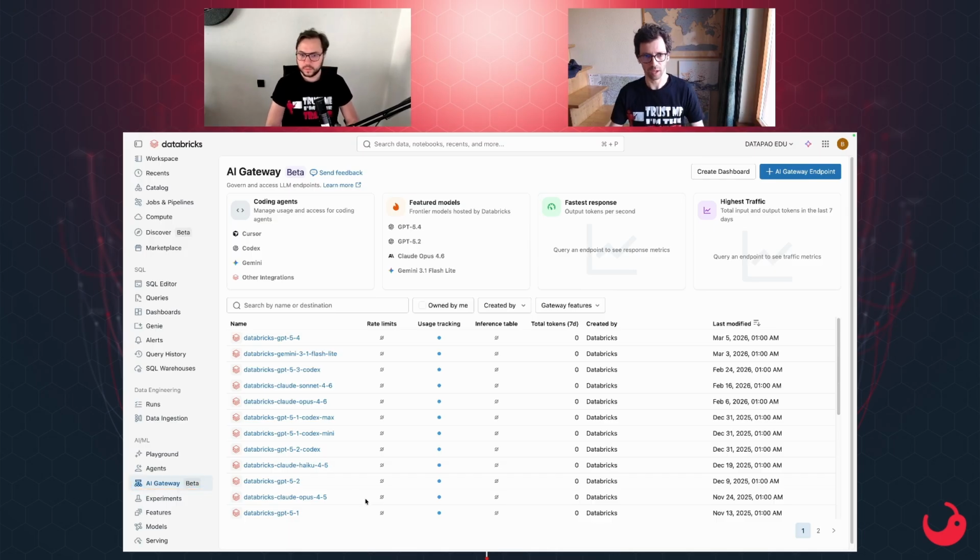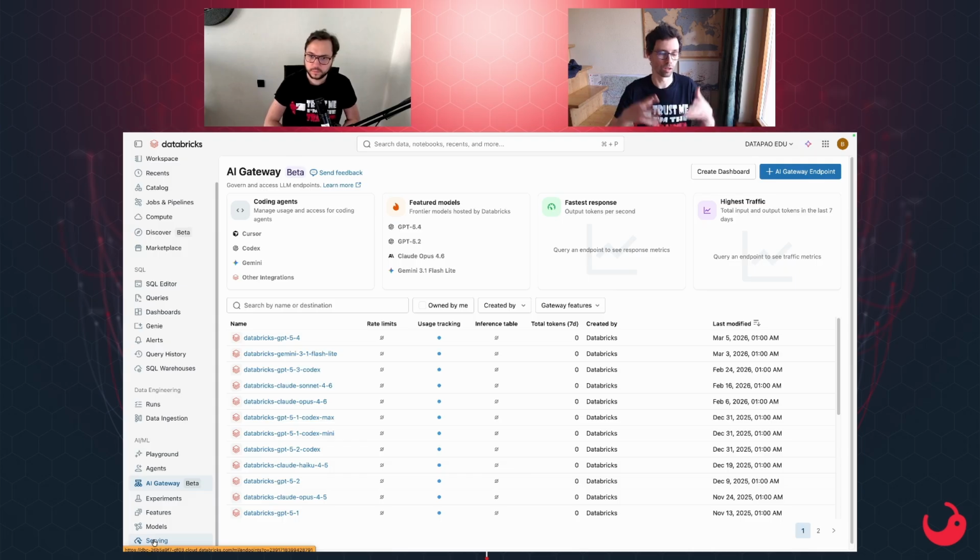AI Gateway is nothing new. It existed, but it was part of model serving or the serving endpoint. In the serving endpoint, you would have your normal classic ML models hosted or deployed on Databricks, and you would also have the AI Gateway, which is practically just a proxy redirecting you to